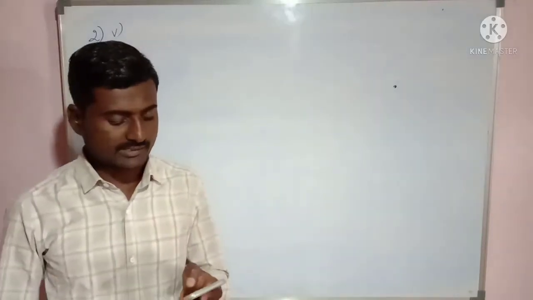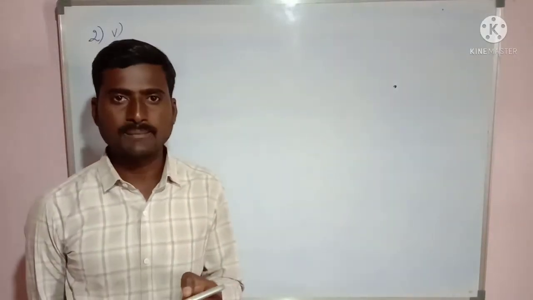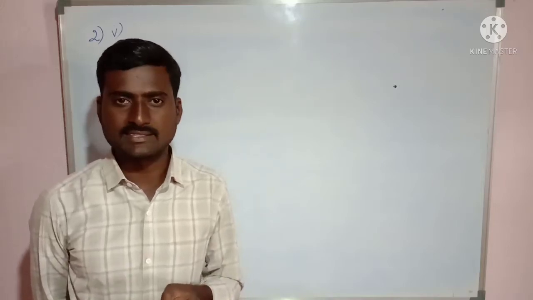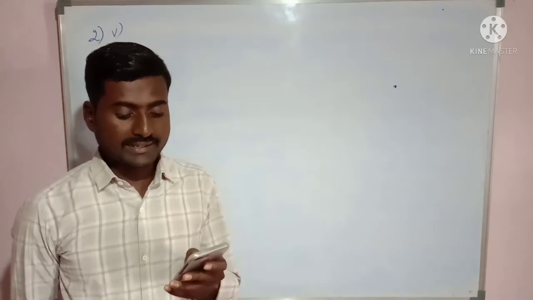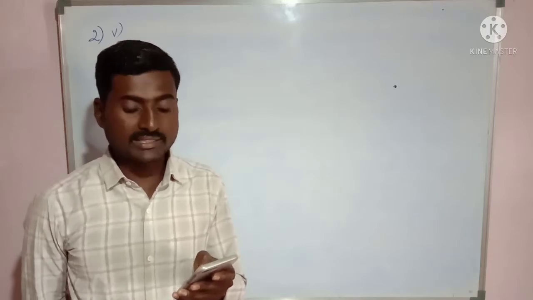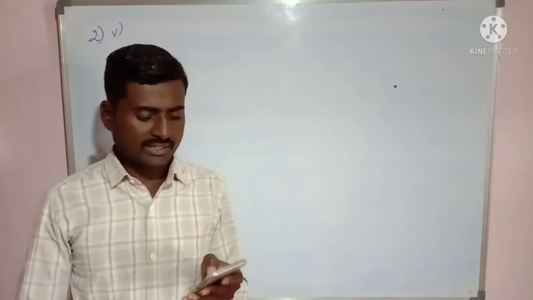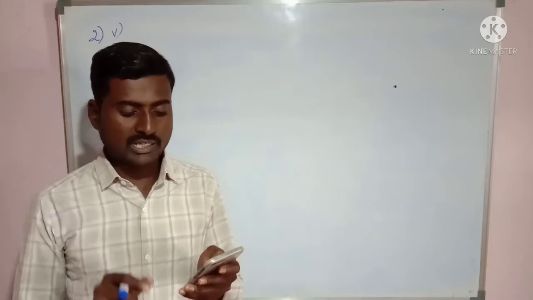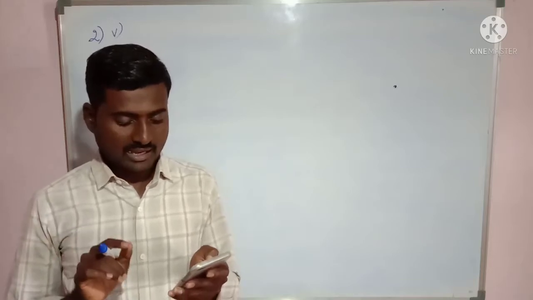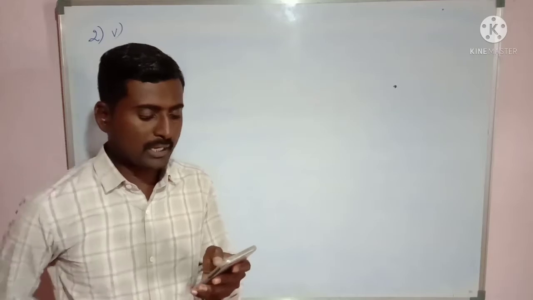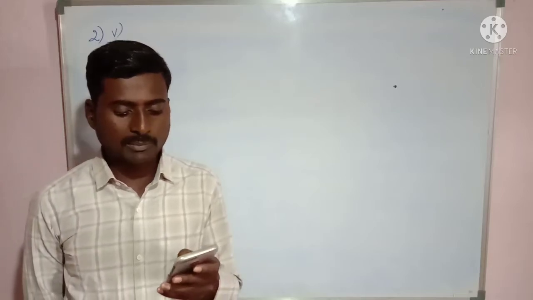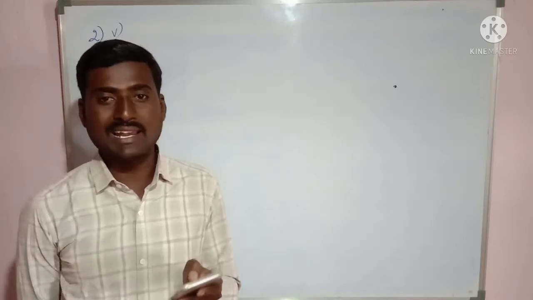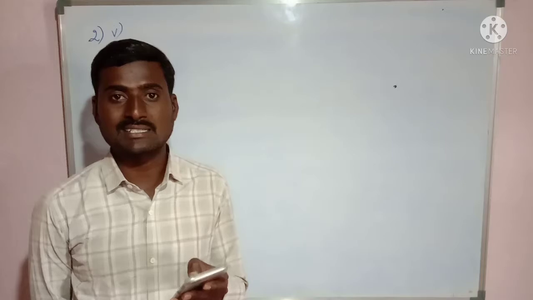Then the last question in this exercise. You see the question, the fifth one. A lending library has a fixed charge for the first 3 days and an additional charge for each day thereafter. After 3 days, for each day, an extra charge will be there. Sarita paid 27 rupees for a book kept for 7 days, while Susi paid rupees 21 for the book she kept for 5 days. Find the fixed charge and the charge for each extra day.